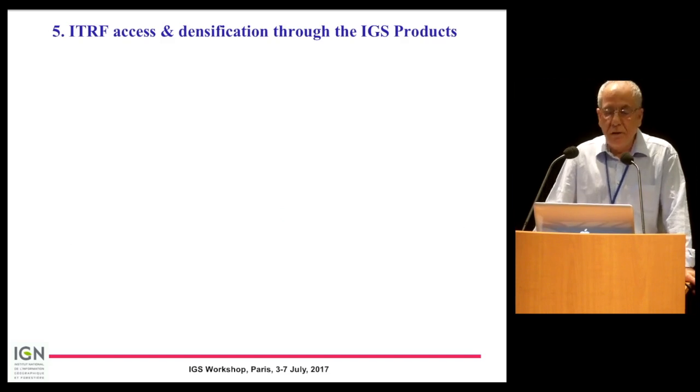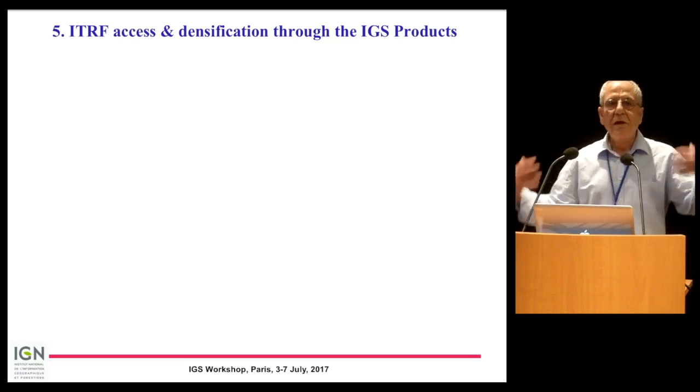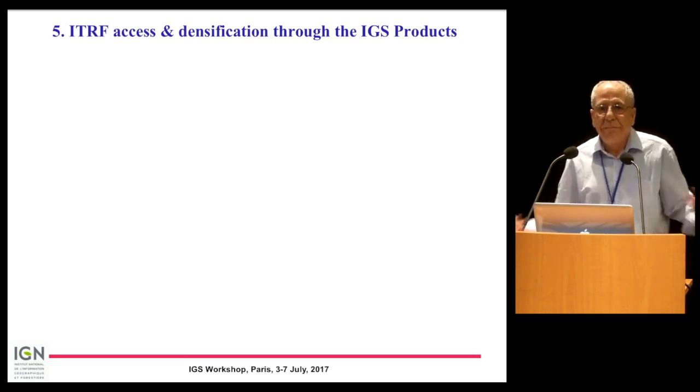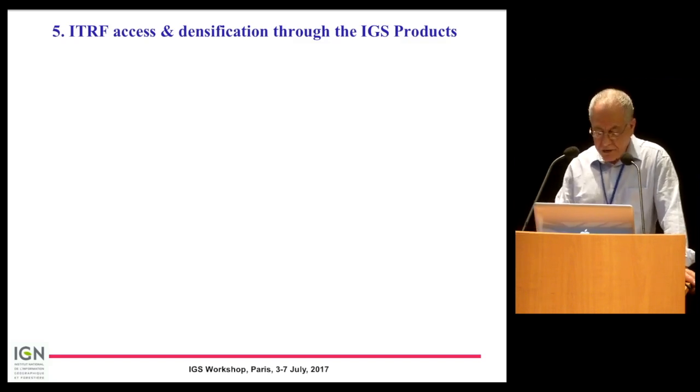The 5th example is actually the ITRF access. We build the ITRF not only for science. Of course, it is important for science, but also for practical geodetic applications. And for that, we need, of course, products, because nowadays, in order to construct a national reference frame, we do that via GNSS. No SLR, no VLBI, no DORIS. But of course, the reference frame depends on those 3 other techniques. So those who are constructing national reference frames, for example, are using IGS